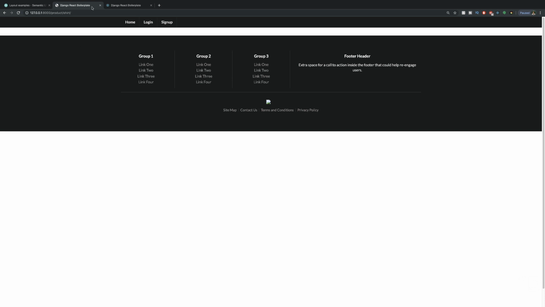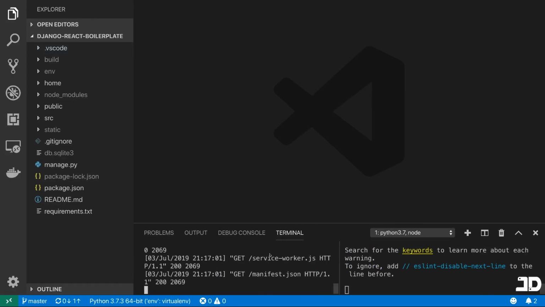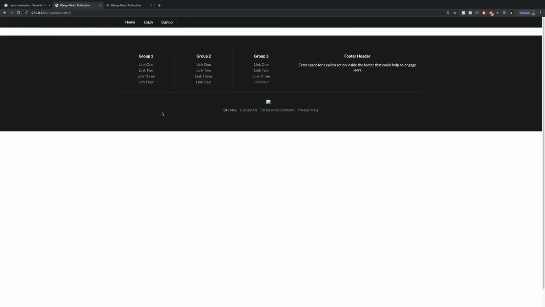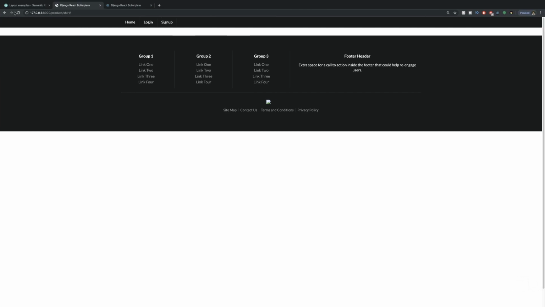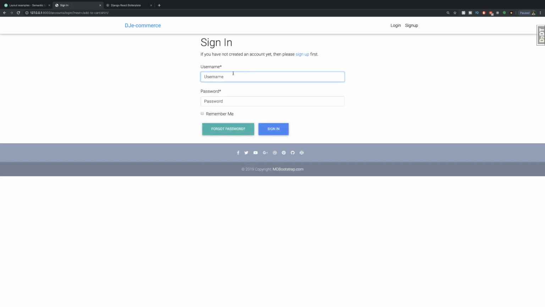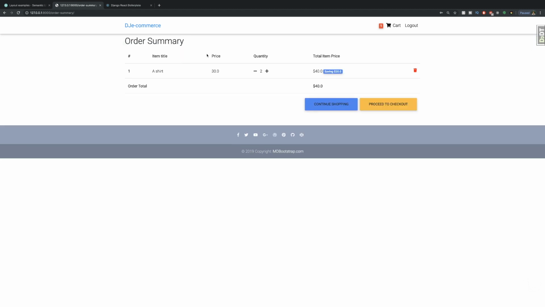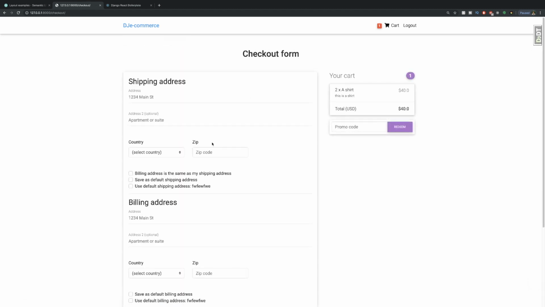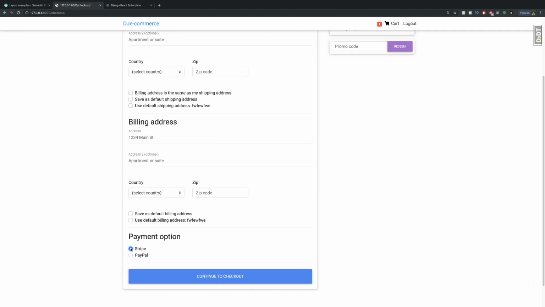Then we also have, and actually let me go and stop that server just so we can see what this one looks like and actually run the e-commerce server, and just bring this up. So this would be like the product detail view. Then there's adding to cart, and let me also just sign in. Okay, so adding to cart, viewing the order summary, proceeding to checkout,